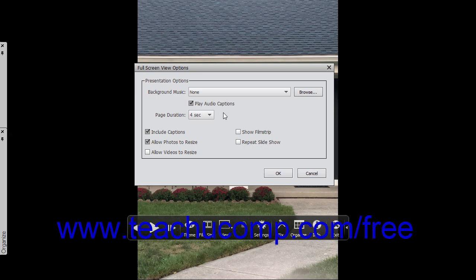if needed. Then check any of the following checkboxes to enable the associated options within the presentation or within the full screen view. Checking the Include Captions checkbox will display any photo captions associated with the selected photos. Checking the Allow Photos to Resize checkbox resizes the photos for best display within the full screen view. Checking the Allow Videos to Resize checkbox lets selected videos also be resized for best display within the full screen